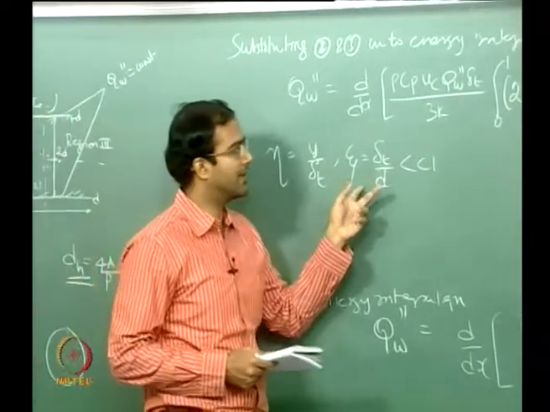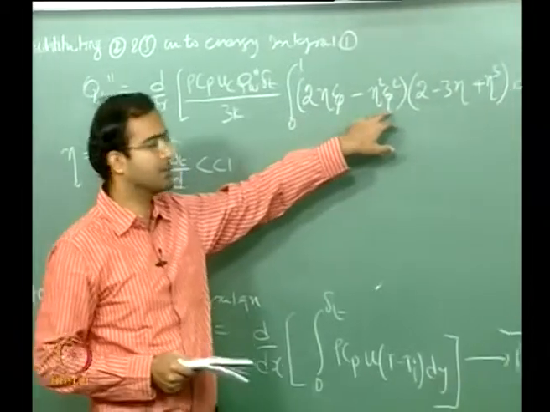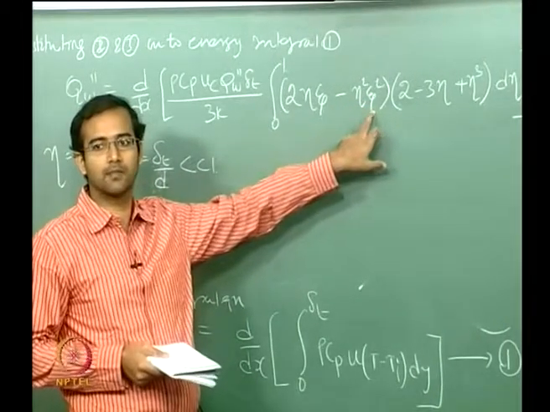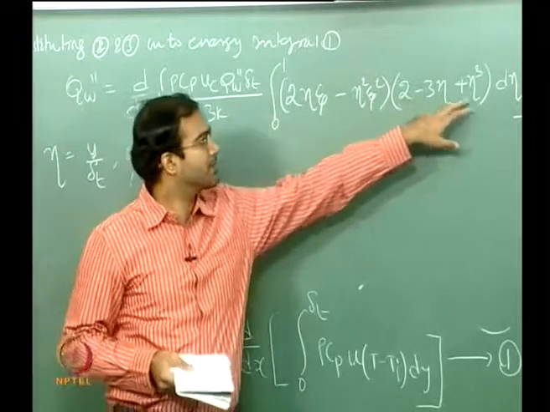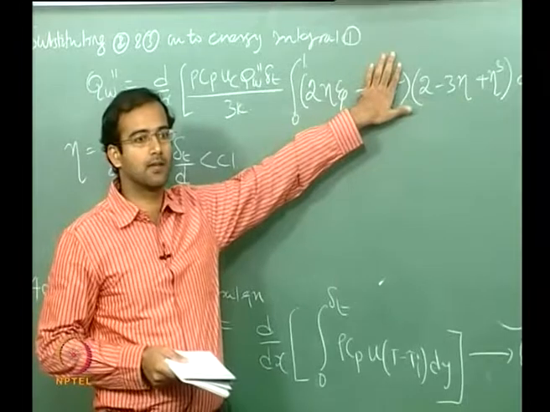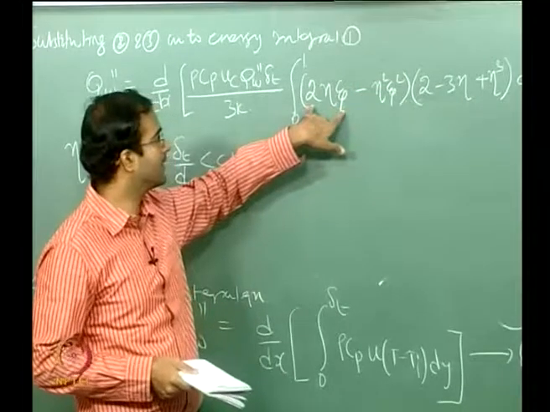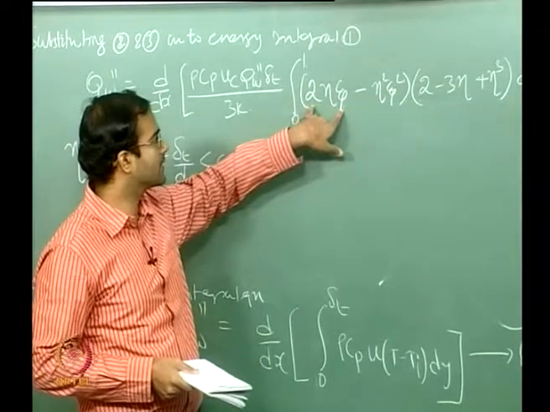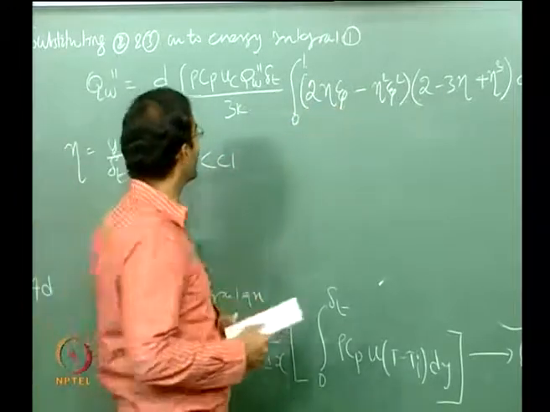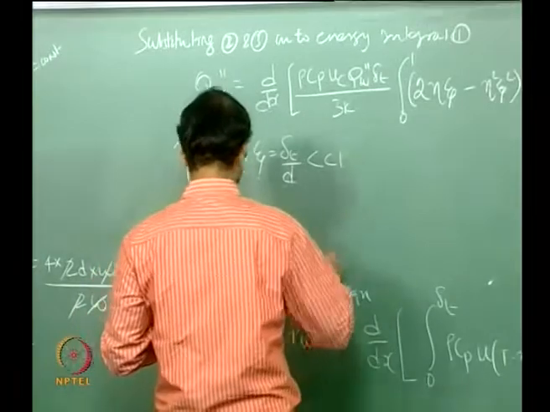So you can neglect all the higher order terms of zeta of order 2 and above. That means all these are multiplied by zeta square, and this can be completely neglected, and the resulting profile with the first order term can be integrated out,